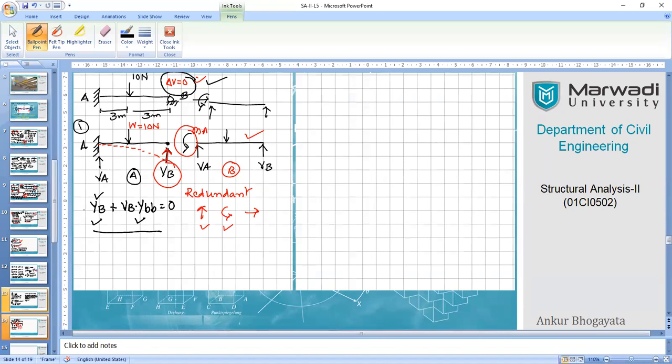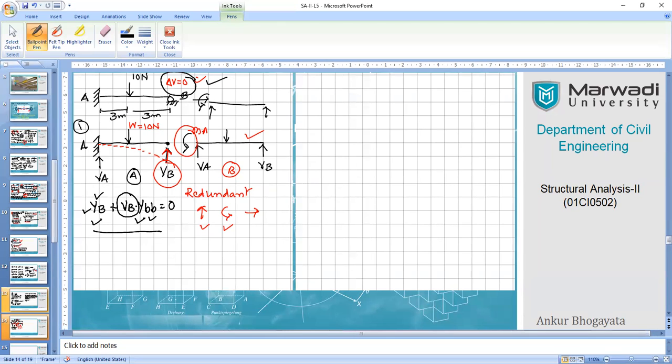If you have the value of the deflection at point B and the deflection at point B due to the redundant, additional forces, you can find the value of the vertical reaction at point B. Once you have this vertical reaction at point B, you can happily calculate the other unknown forces, like the moment at the fixed end as well as the other reaction at point A.